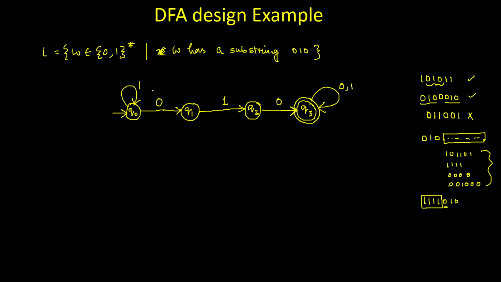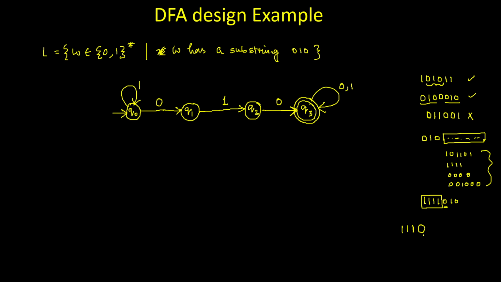So for all the 1s, I will remain in this state, and as soon as I get a 0, now I can have two possibilities. I have got some 1s, for example three 1s, and then suppose I have got a 0. Okay, fine. Now see, I don't know what is present after 0. I don't know means the machine doesn't have any idea, because the machine reads the characters one at a time. So the machine reads the first 1 and remains in Q0. Then for the other two 1s also, the machine remains in the Q0 state. Fine. And when the machine finds a 0,